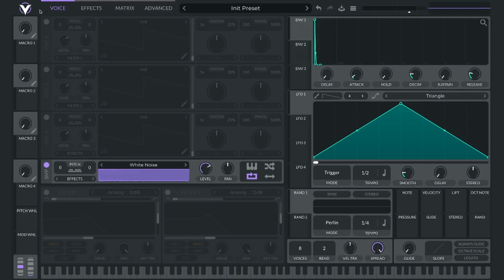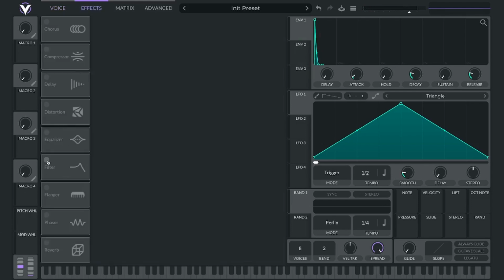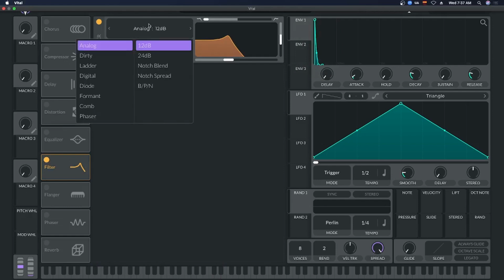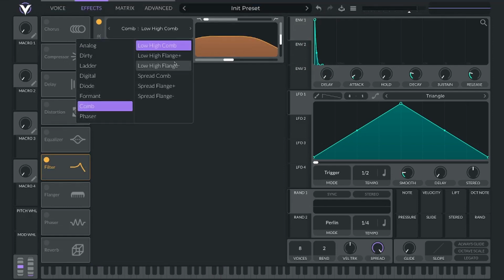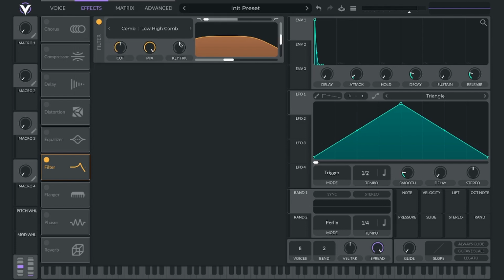Okay, so we're going to look at a few techniques. First technique we're going to look at is just using a filter. We go into the effects, we turn on the filter, and we select a comb filter, and let's go for a low-high comb. Let's turn the key tracking on. We want key tracking, we'll turn the resonance all the way up, and instantly we get